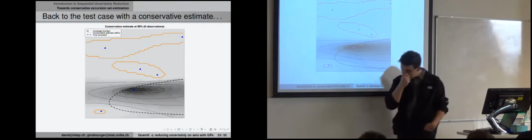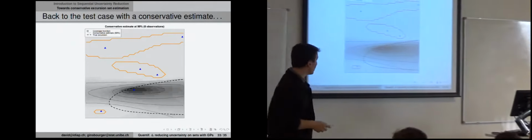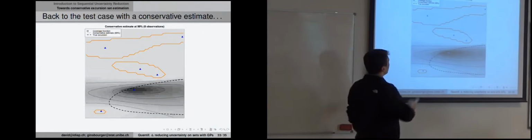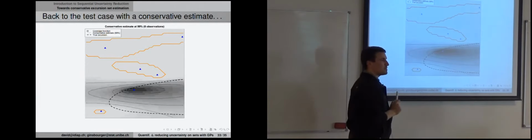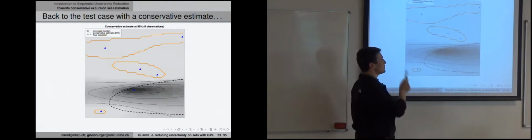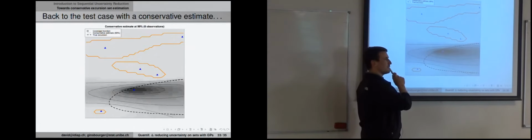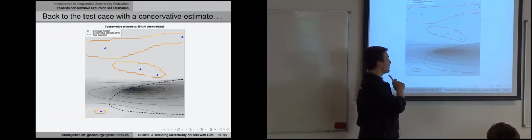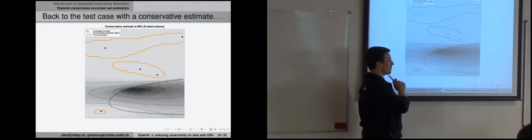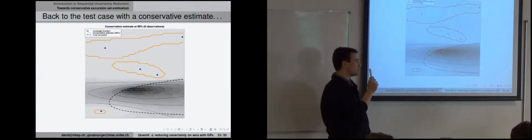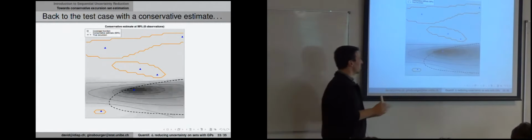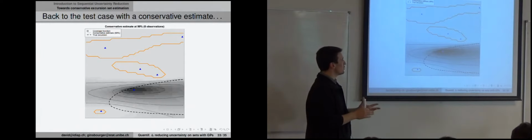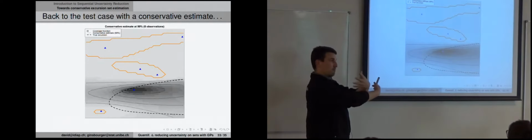So we come back to our test case, and now we try to come up with an estimate of the safe set. Here is the one we obtained by our technique to get a 99% probability of being safe. This is the largest volume set that has a probability of at least 99% of being safe, given the GP prior. And now we're going to finish the main part of the talk on conservative set estimation and on sequential uncertainty strategies